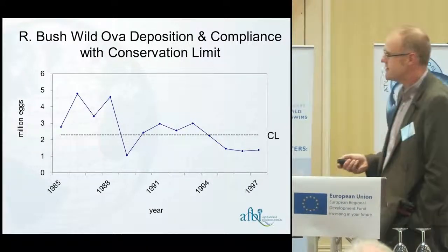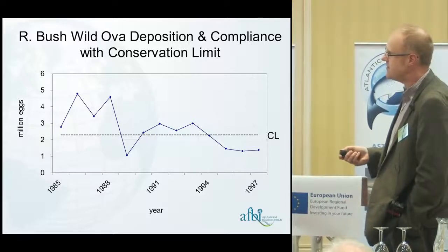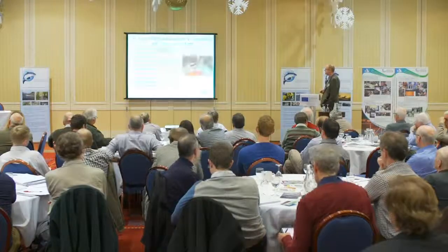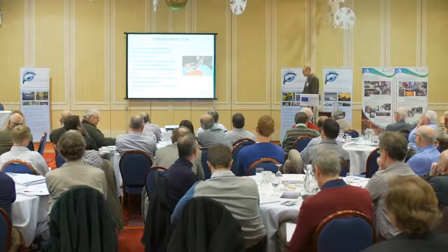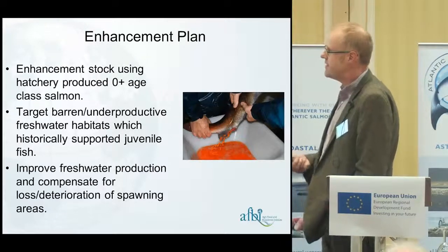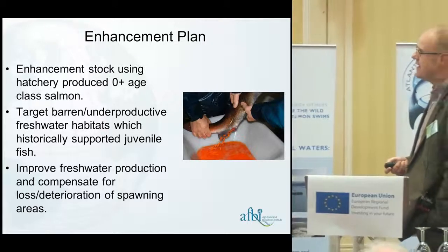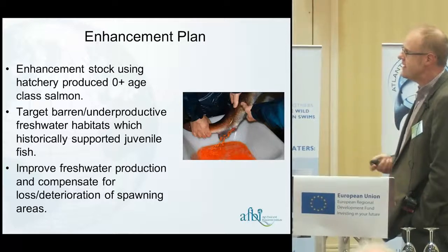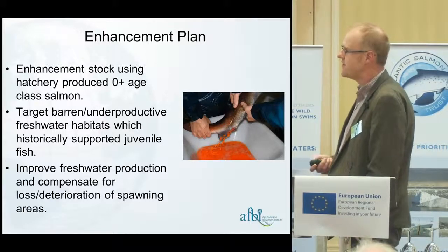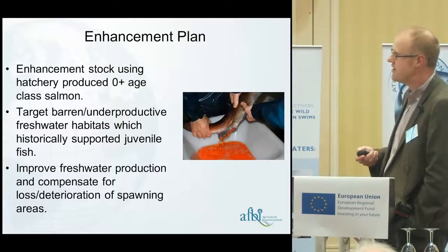And to complement that, this is our conservation requirement on the Bush from 1985 through to the 90s. And you can see we started to fail to attain our conservation requirement, our conservation limit, consistently through the 1990s. At that stage, the guys in the research station decided to implement an enhancement plan. This enhancement plan sought to use 0+ age class salmon produced in the hatchery at the station and to stock these fish into barren, underproductive freshwater habitats which historically supported fish. In other words, trying to compensate to some degree for the loss of spawning habitat, but also this restriction of fish production